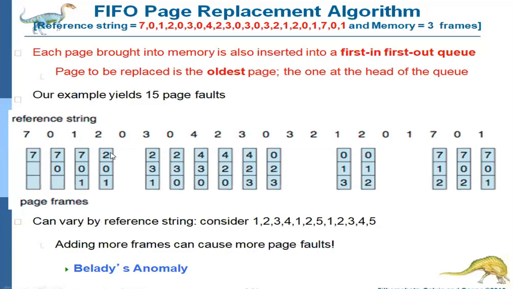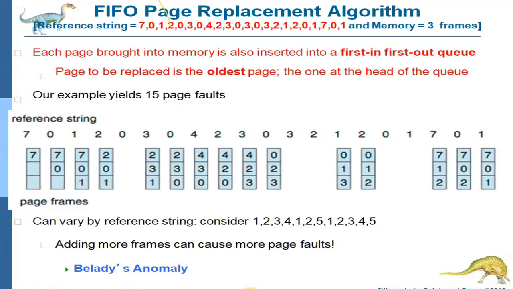Then there is no need to swap it into this one. So already 0 is in the main memory, so here page hit. And the next one is 3. So 3 is not there in main memory. Then what happened here? Again you have to swap out one of the pages. Which page can you swap out? 2, 0, 1. Which is the oldest? 0 is the oldest, right? So instead of 0, we can replace with 3.